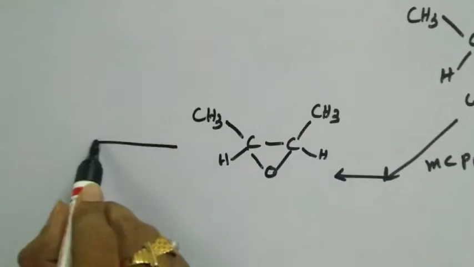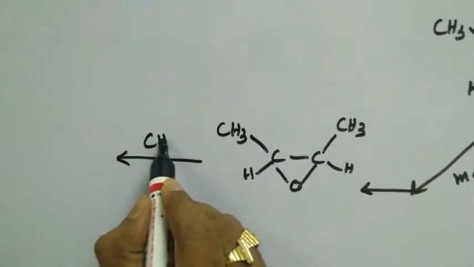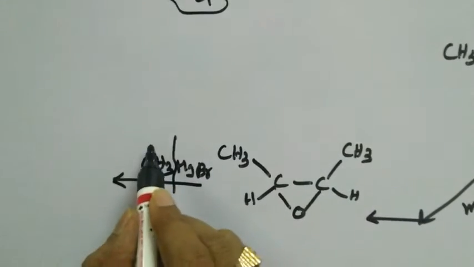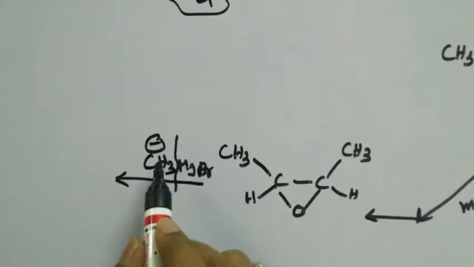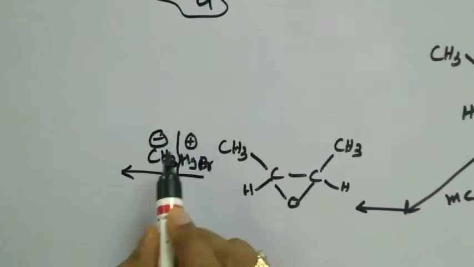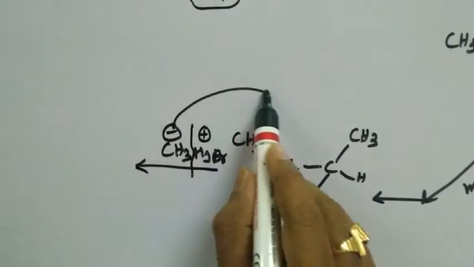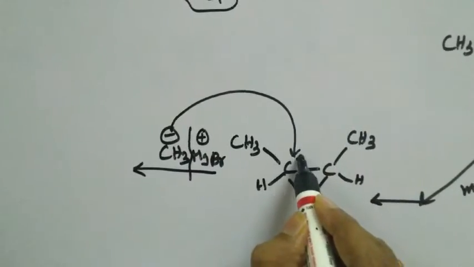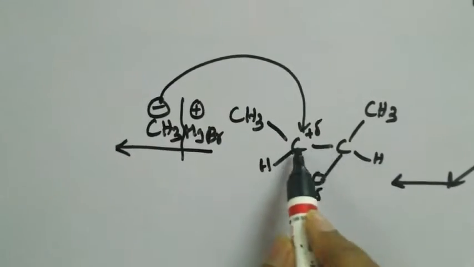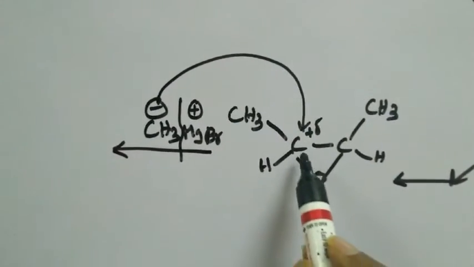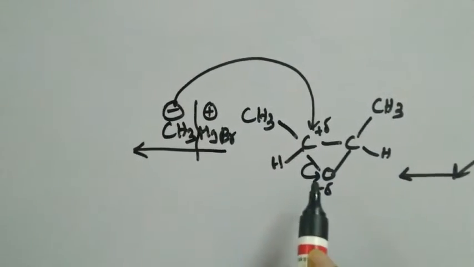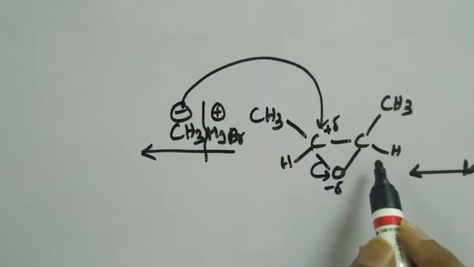He has treated this epoxide with methyl magnesium bromide. Very important. Methyl magnesium bromide will generate a nucleophile, namely the methyl anion. So this anion will attack any one of these two carbons because of the partial positive charge that is observed. Why? Because both the carbons are equivalent, therefore it can attack any one of these two carbons. As a result, the pi bond will be shifted like this. So we are going to get a secondary alcohol in this case.